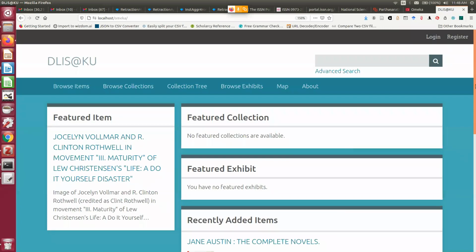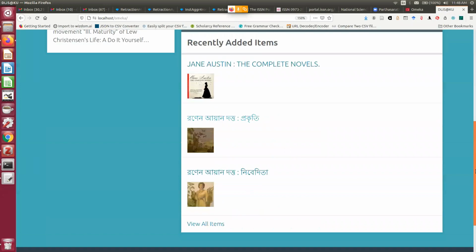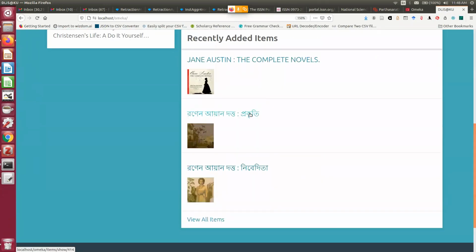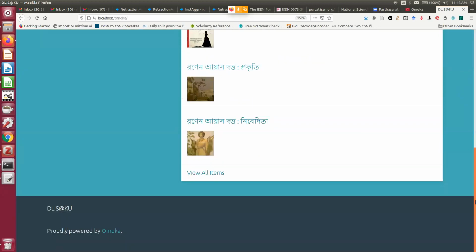So this is my local Omeka, and because your database is in UTF-8, you can utilize any language. For example, you can see here a lot of Bengali language documents.